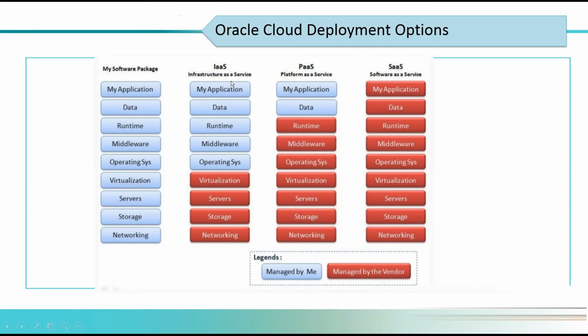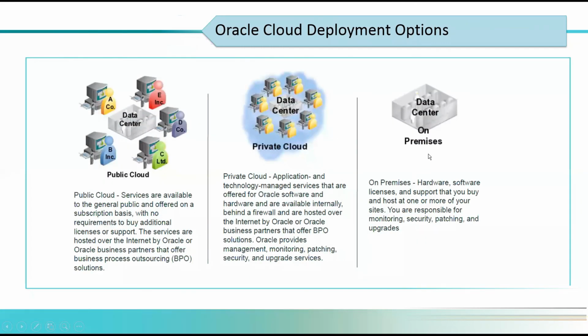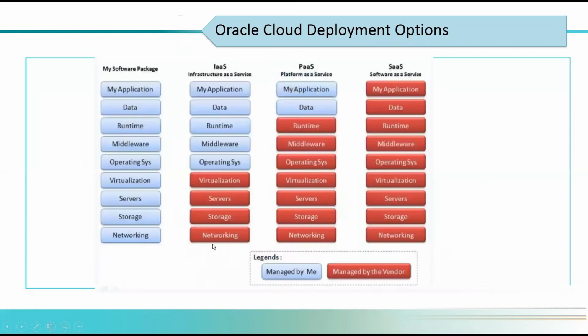In the case of infrastructure as a service, what you will be doing is you will just buy the hardware. Maybe I want to maintain on-premise, and for the on-premise I want hardware which has the capability to run my application. So you just get hardware from Oracle saying, hey, give me hardware, I will manage the rest. So you buy the hardware on-premise, or you buy the hardware in the cloud, and you maintain your middleware, operating system, application, data, everything, right? So that is how these three models came into the picture.